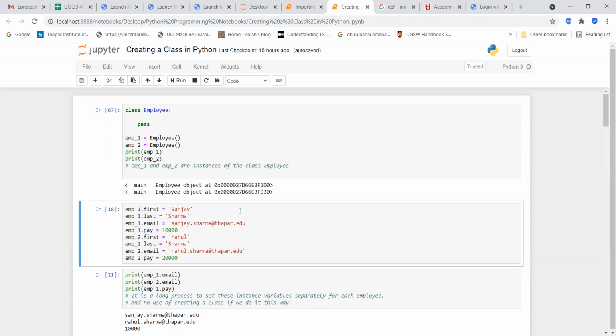I will also discuss what class variables are, but that we will discuss afterward. And similarly for employee two, emp2 dot first, dot last, dot email, dot pay. So these are the instance variables of this instance emp2. Now if you run this,